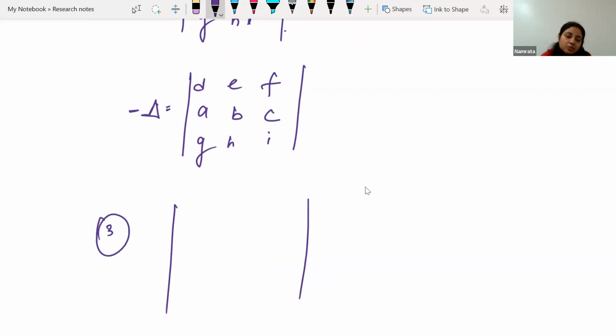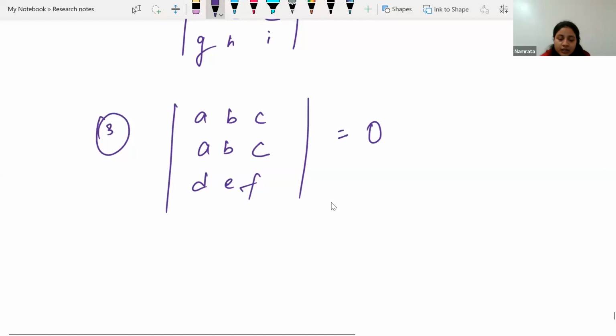if we are having two rows the same, like if this row is A B C, this is also A B C, and this is D E F, just like that. If two rows are the same, then the answer will be 0. Okay,